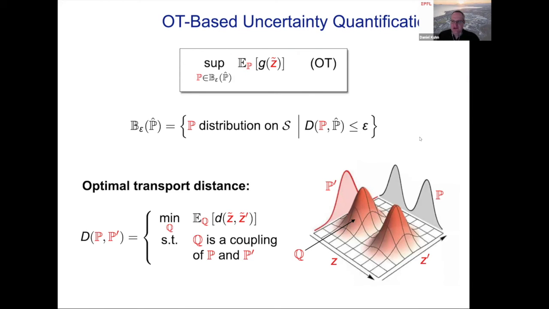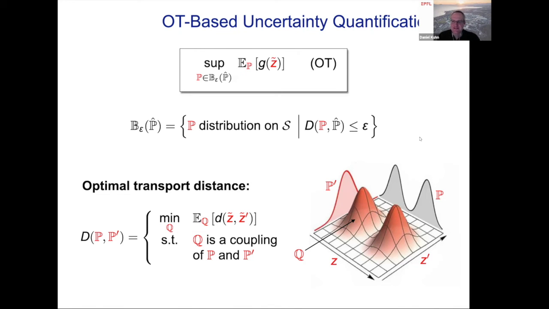So here we use a general optimal transport distance to measure distances between distributions. Optimal transport distances generalize the popular Wasserstein and Kantorovich distances, and intuitively the optimal transport distance between two distributions P and P prime quantifies the minimum amount of money one has to pay in order to transport the distribution P to P prime. And under the assumption that the cost of transporting a unit probability mass from a point Z to a point Z prime is given by some general distance function, lowercase d.